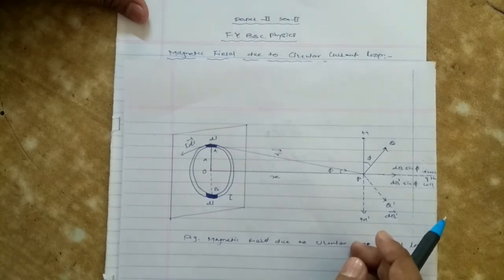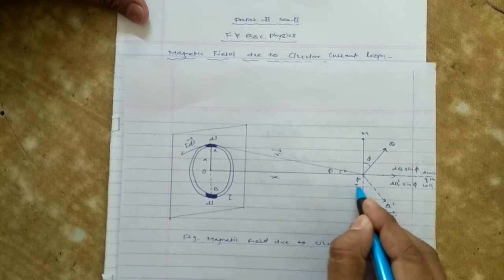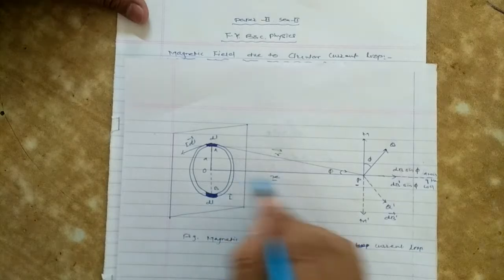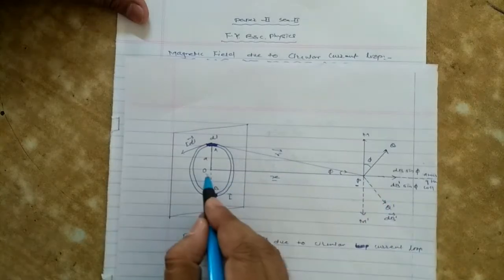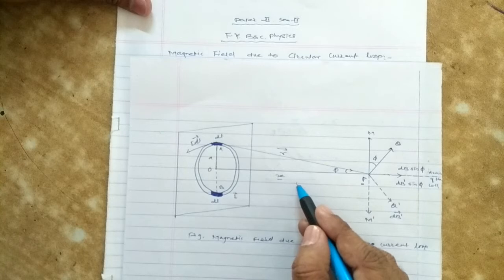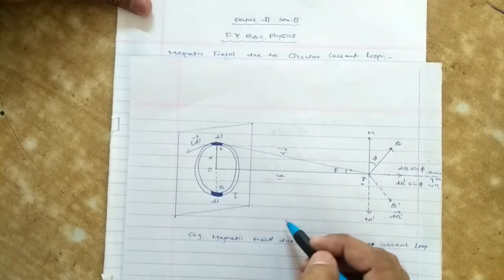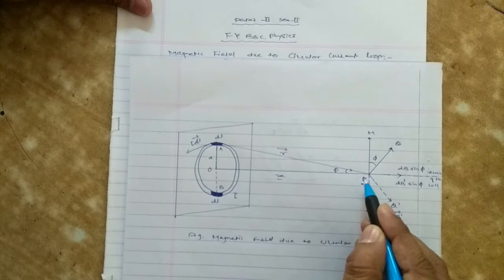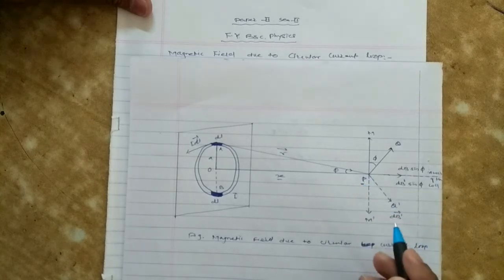The point P, situated on the axis of the loop at a distance x. This is the distance x from the center O to P. To find the magnetic induction, that is B, at point P,